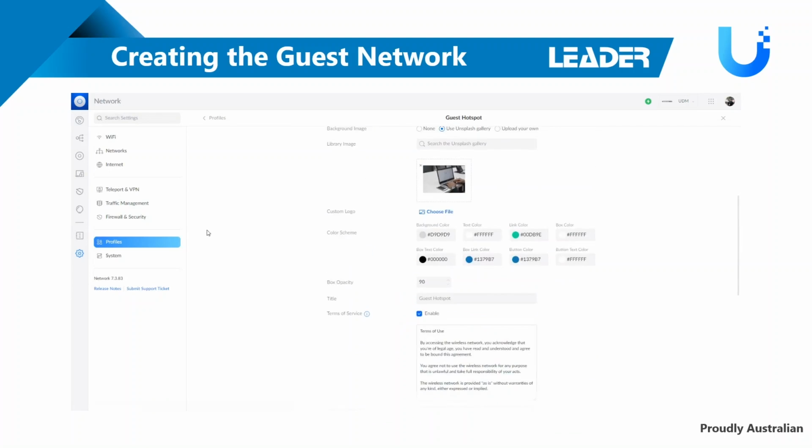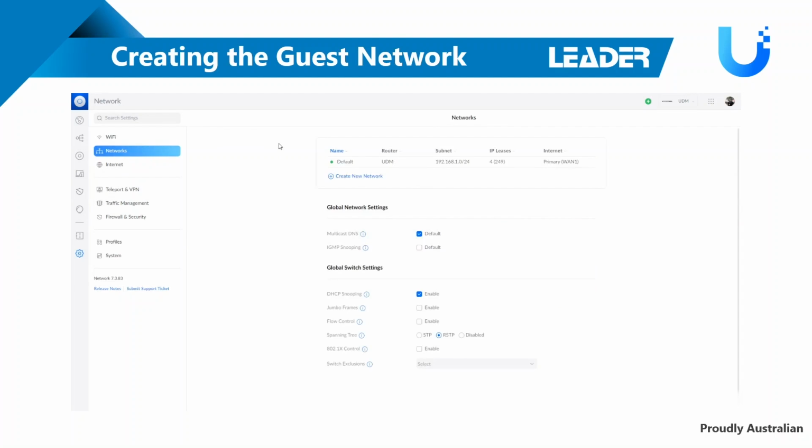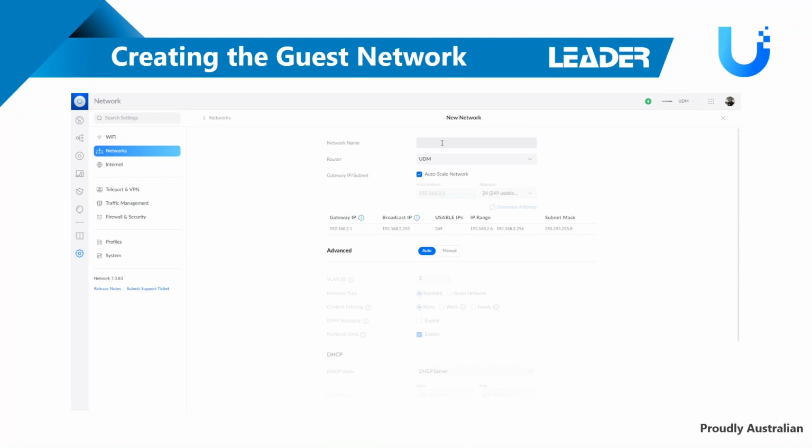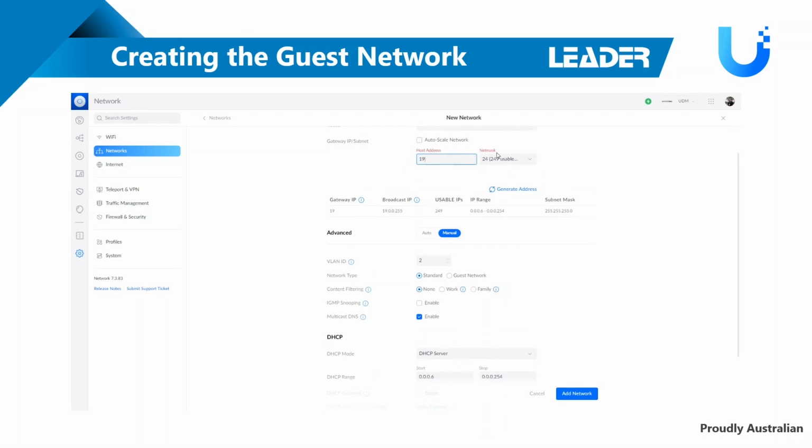We set up restrictions in terms of what they can access, and Ubiquiti is very intuitive with the way this is done. The next step is to actually go create the network. So the network in this instance is going to be called guest network. We're going to use the UDM as the primary router, and what I'm going to do is separate out my network. So I'm going to make this